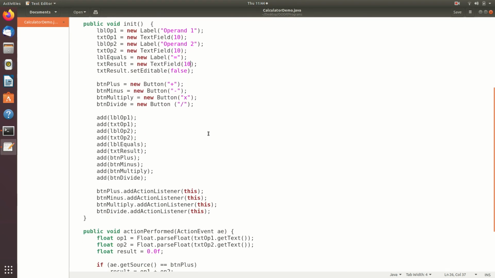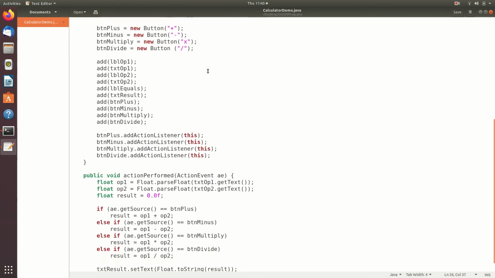Then let's look into the init method. Here we initialize all the controls. We initialize the text field for operand 1 and operand 2 with a width of 10 characters, and again the result also is a text field having a width of 10 characters, but for the result we set the editable property to false.